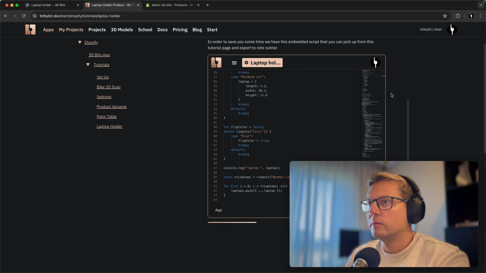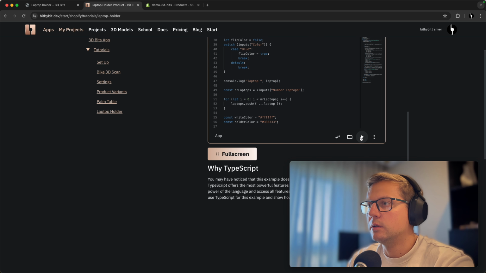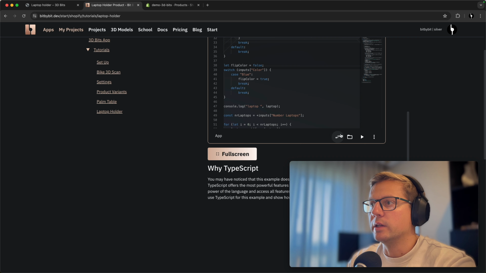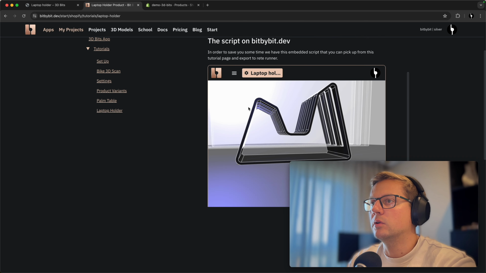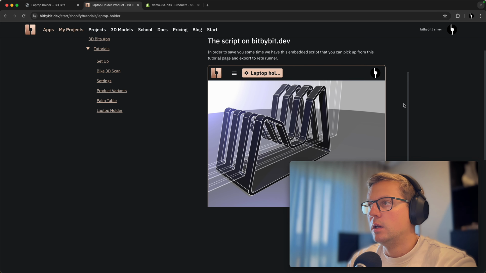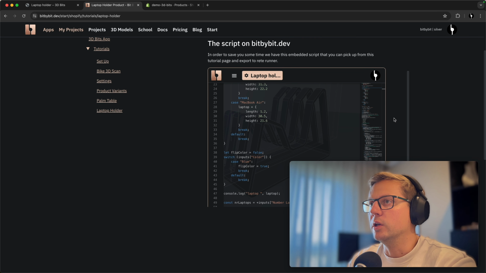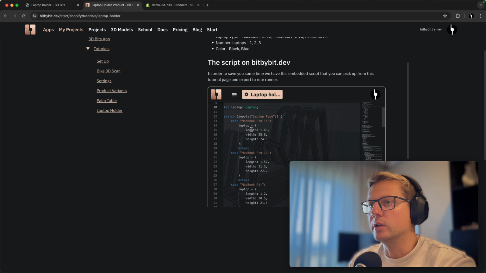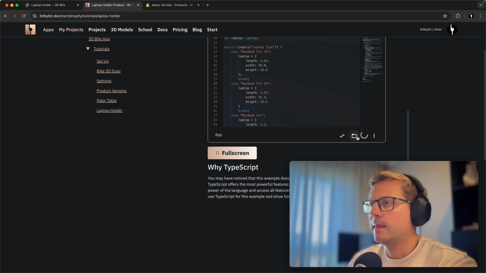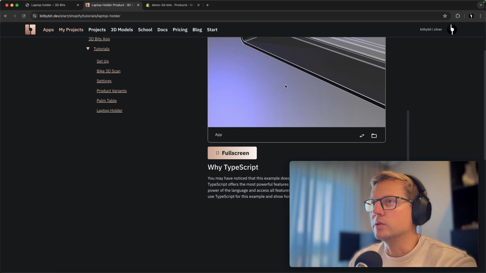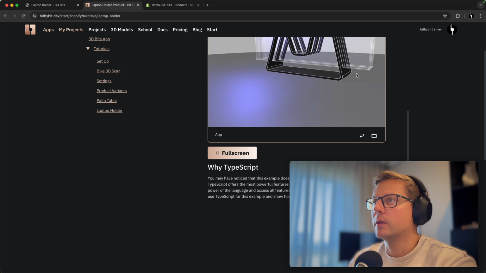Let's hit run here, and you'll see that the script produces a 3D model of laptops. And you can also interact with the code here by going here and saying what kind of default configuration you want. And this is also the configuration that you will be passing from the app. So now we should see 2 laptops, right? Okay,